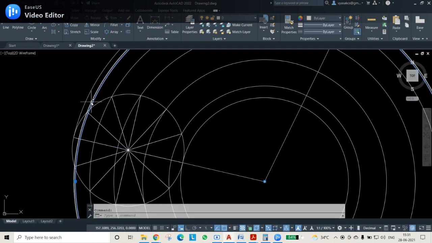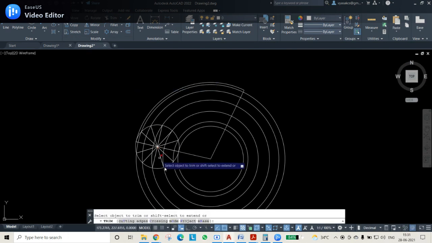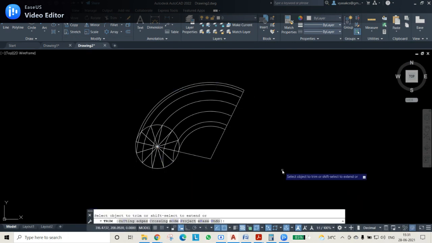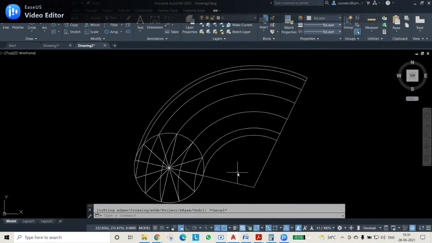Okay, this is how you draw the lines. After that, you can trim unnecessary things. These are all not necessary for me, so I have trimmed it off. Now, after this is finished, as you can see, I have not drawn the center line. The center line will be drawn whenever we discuss the tangent and normal. Then I will draw the center line.